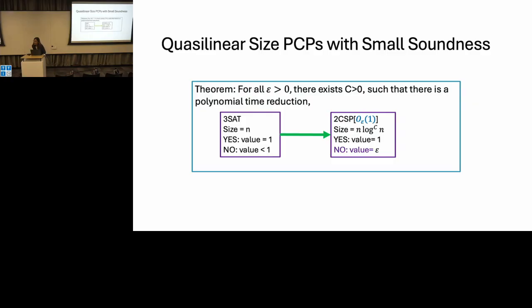How can we assume that the number of clauses in 3-SAT is linear in the number of variables? Yeah, you don't need to assume. Okay, I meant actually 3-SAT, the number of variables is n in the 3-SAT. Yeah, sorry, this is a typo. But you can always increase it to a larger 3-SAT with a linear number of variables.